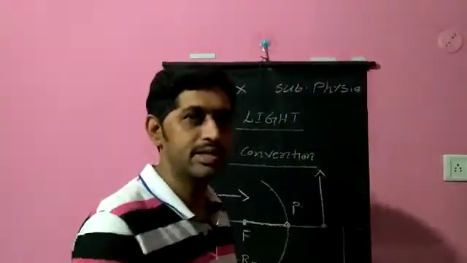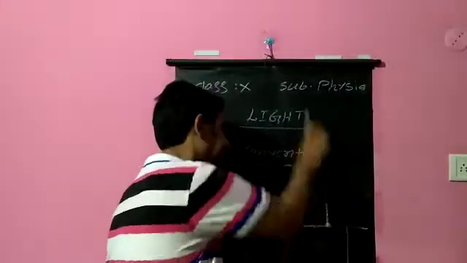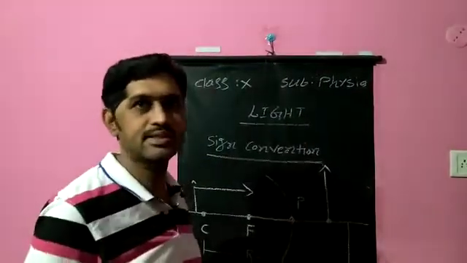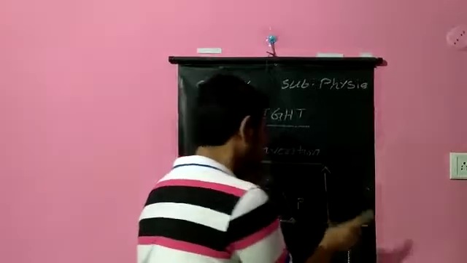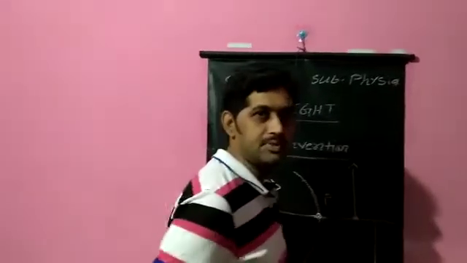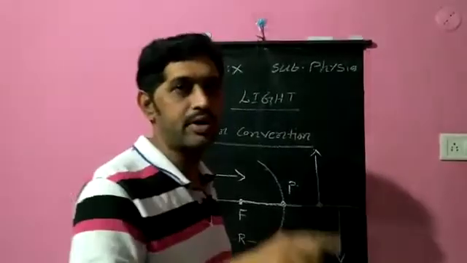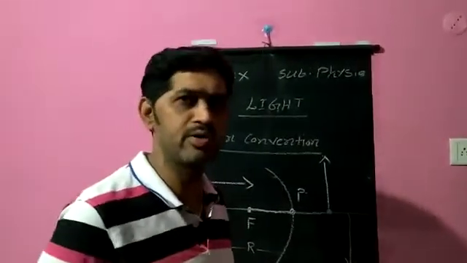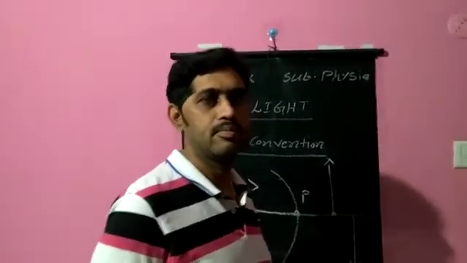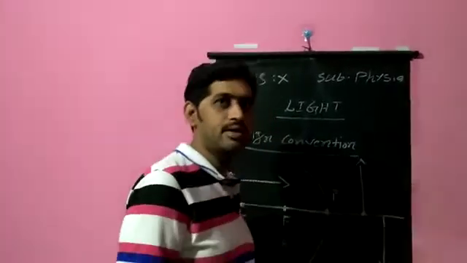If you know the real image and virtual image, then only can you understand that distances measured above the principal axis are positive, meaning the virtual image. Distances measured below the principal axis mean the real image. First you should know what a real image is and what a virtual image is. If you don't revise that, and if you don't read or write, you will forget it. In these critical situations, you need to do that.